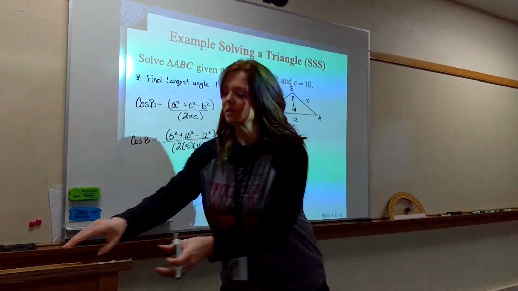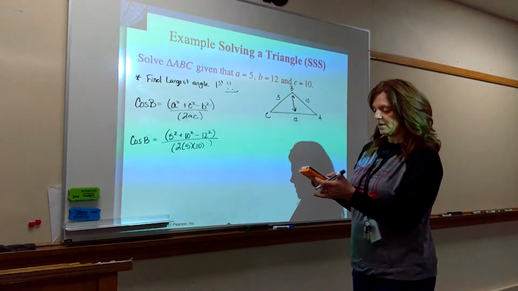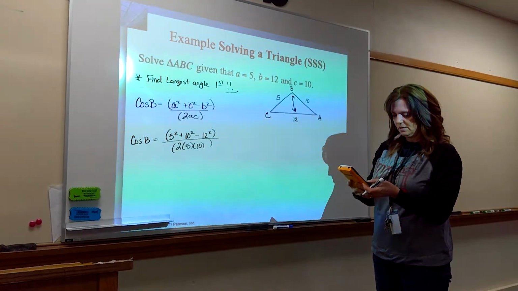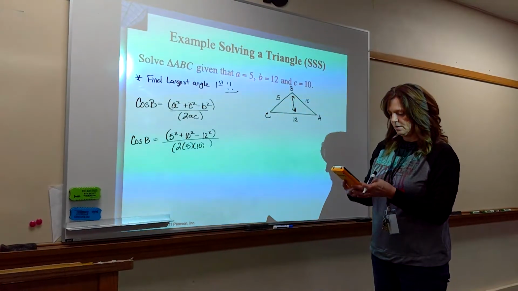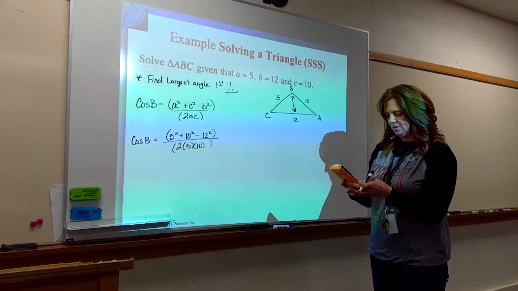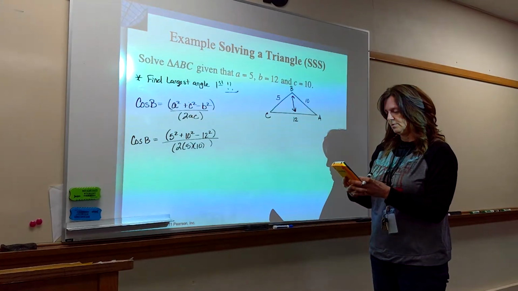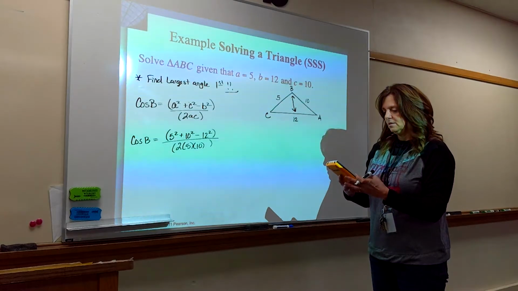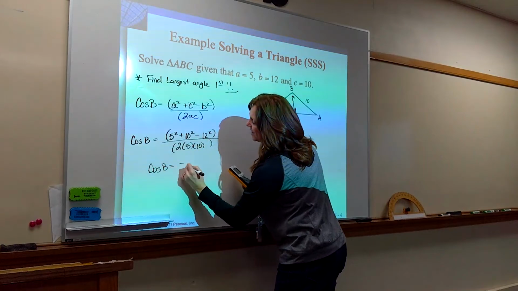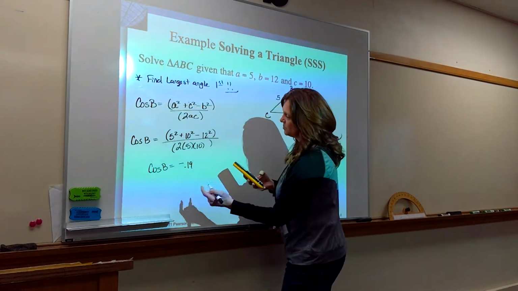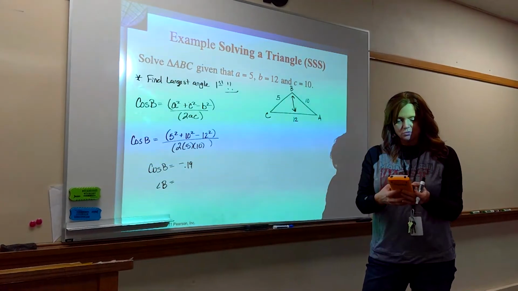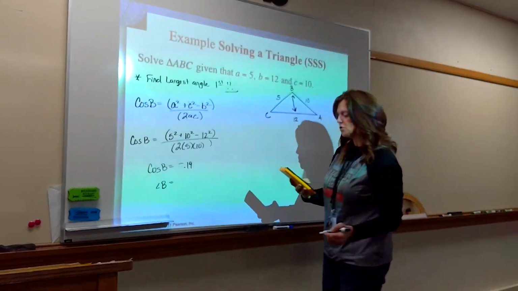It'll give you some kind of weird little decimal value, and then you hit inverse cosine. So parenthesis 5 squared plus 10 squared minus 12 squared, divided by parenthesis 2 times 5 times 10. All right, gives us negative 0.19. By the way, if you get a negative decimal number here, you know that's obtuse. Or I know it's obtuse. You know now too. So second cosine of answer, use that last answer key,